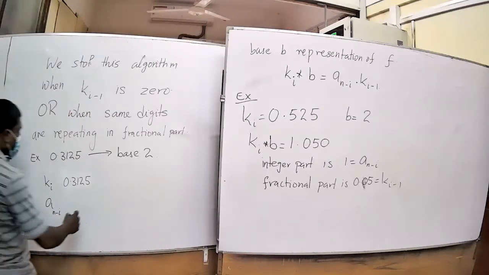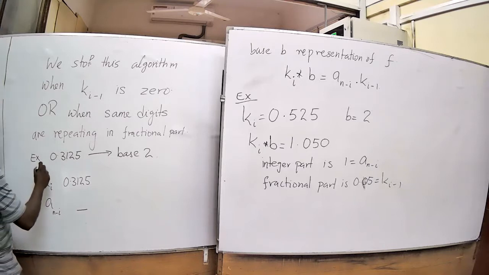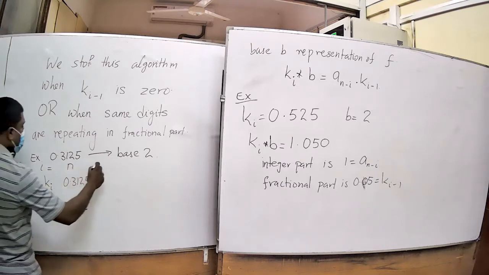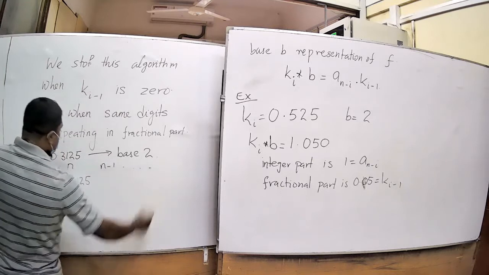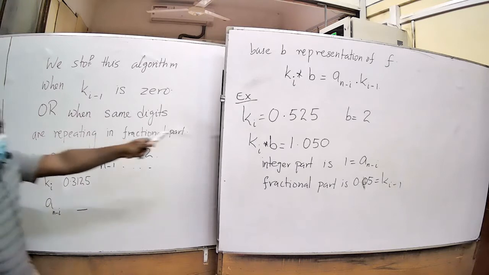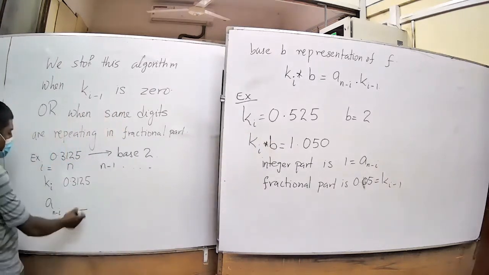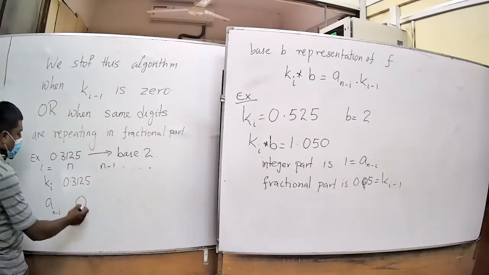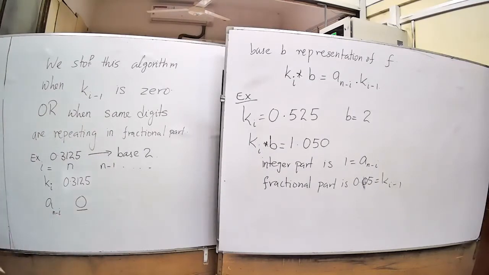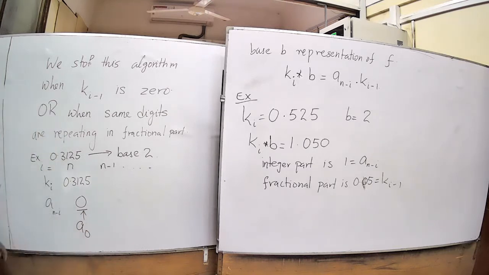So here you don't have anything, because i starts from n minus 1 and goes all the way down. You don't have a_0 here because you know it is always 0. You can avoid having anything, or you can put a 0 for a_0. So you don't need to worry about a_0. You can always set that to be 0.